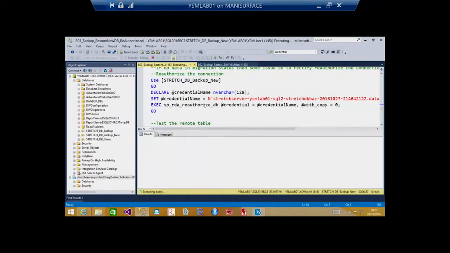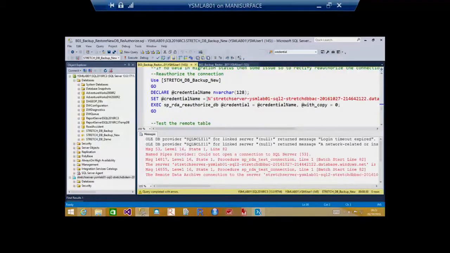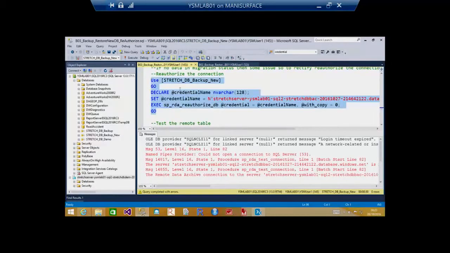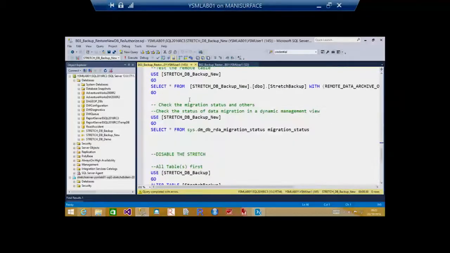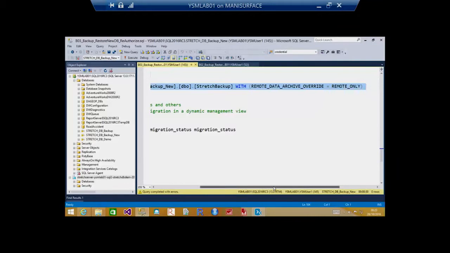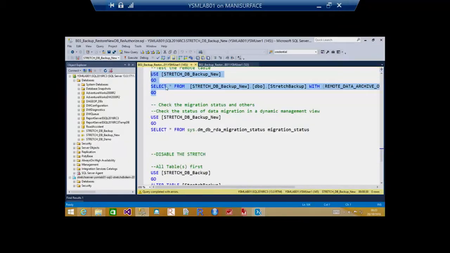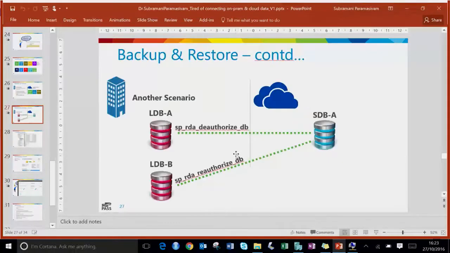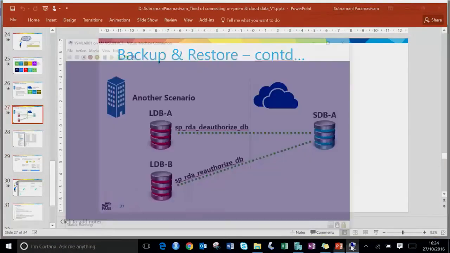And based on the connections that we copy pasted to connect to the remote server, we are then going to copy paste that here and simply reauthorize it. After that, once you execute this remote archive, override with remote only hint, you're going to get the data, which is exactly the same as that scenario we saw earlier. But I'd like to show you quickly on